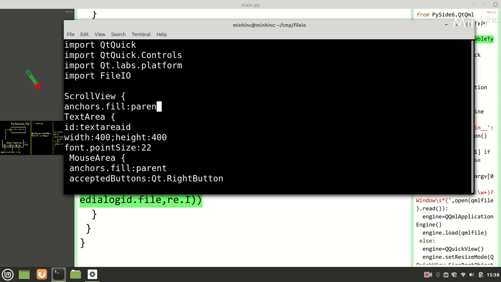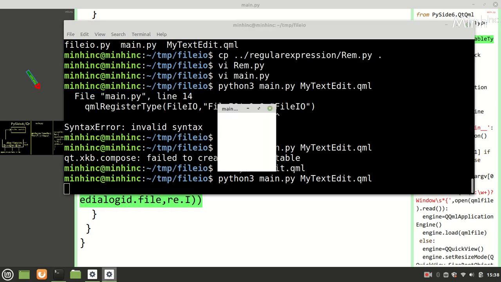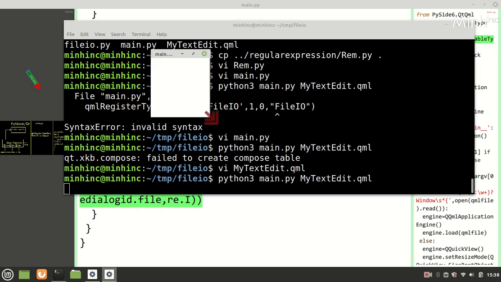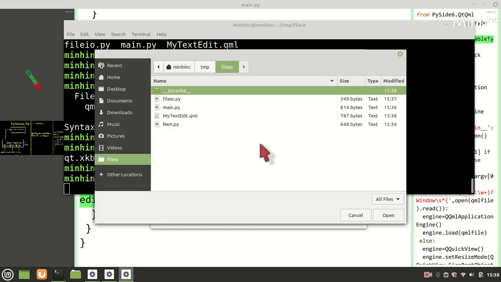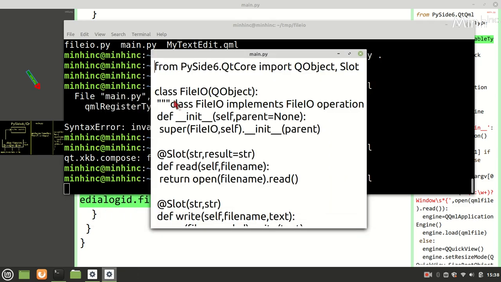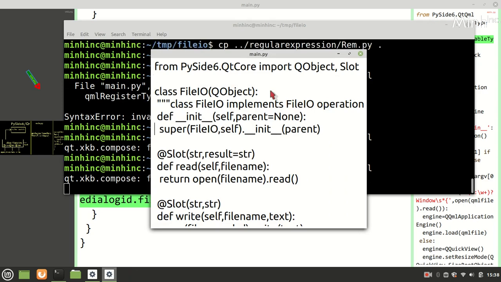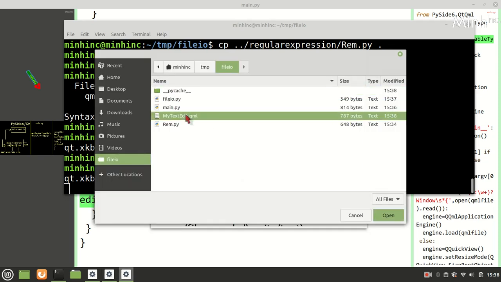Anchors.fill parent. Width and height we don't need. We'll try now. Okay, so it has come. Now we'll try opening a file. So the scroller should work. We can open a bigger file.